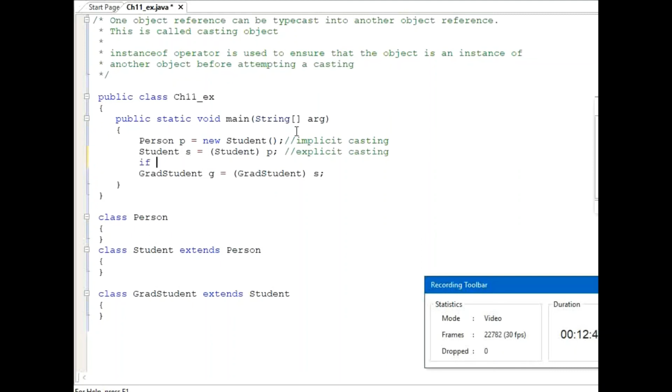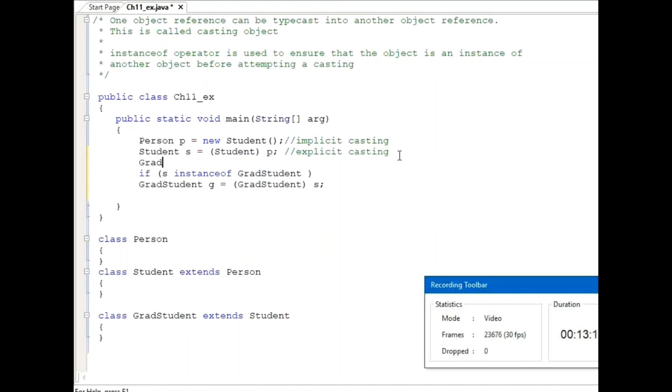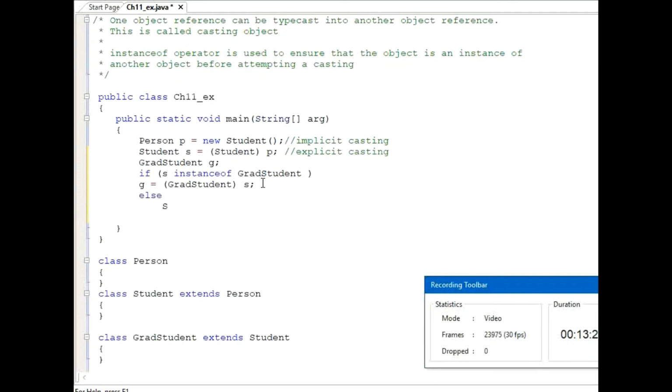You just write if and then mention S instanceof.